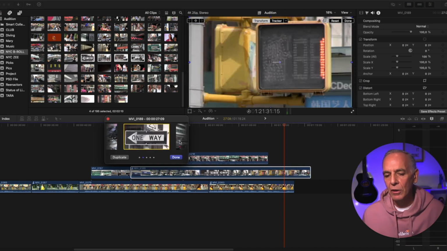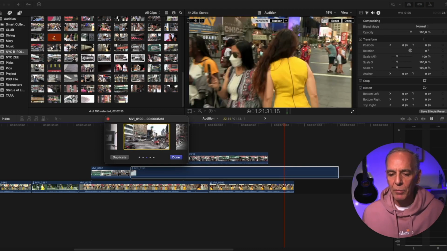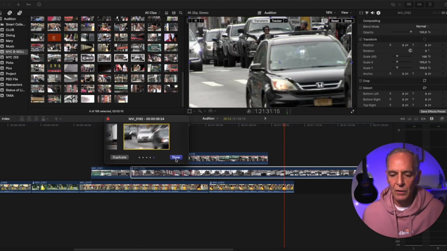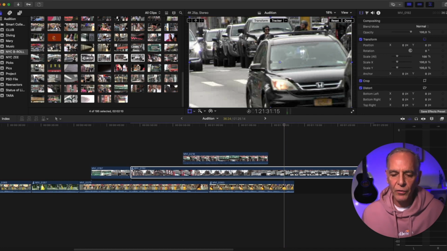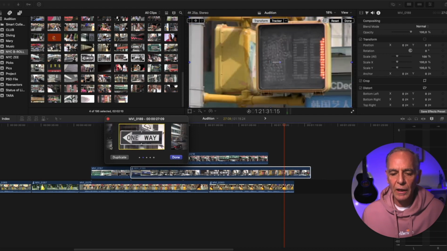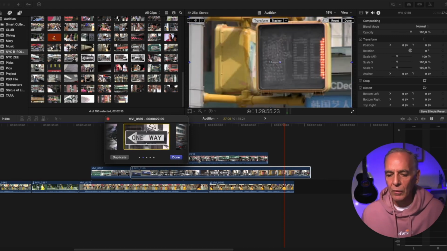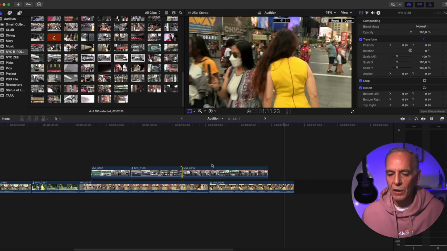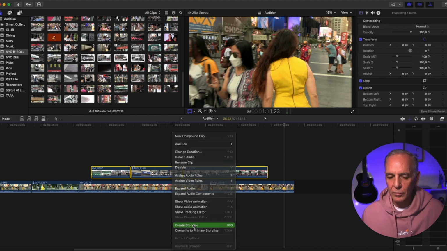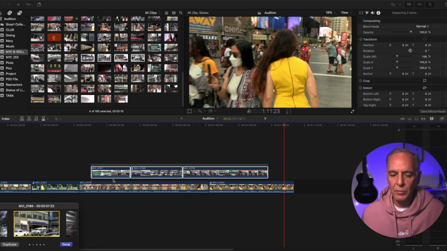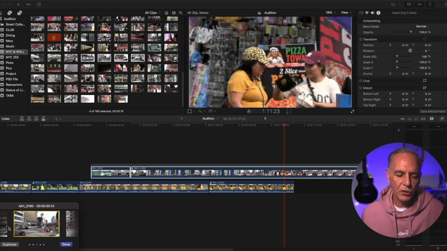And you can see how the clip on the bottom is pushing out the clip on the top and pushes it up. If you don't want it to do that, and I showed this in the last video, just make a storyline. So basically, if you make a storyline, it's going to push the clip over, just like in the storyline on the main track. So if I pull this back here and I say make a storyline, now when I go to the audition and I change the clip, see, it just pushes it out,